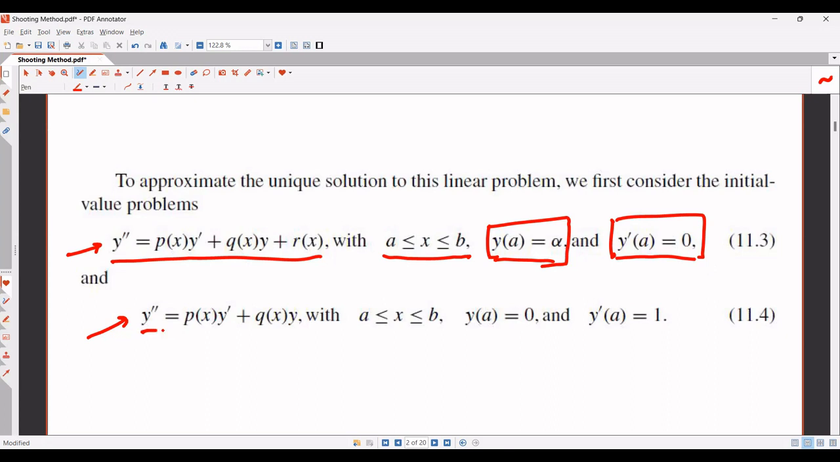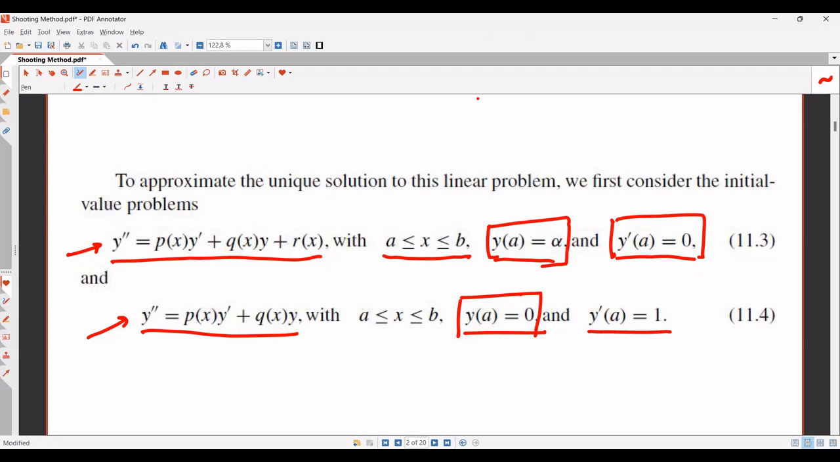And the second differential equation looks a little different, right? There is no r of x involved. And here we can see that both of the conditions are new. And technically, this initial condition does not agree with the one given in our boundary conditions of the original problem, right? So what happens is, if you solve these two problems,